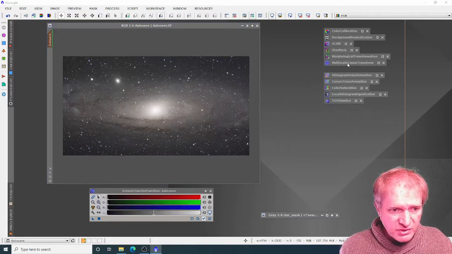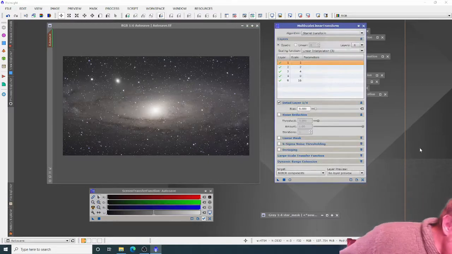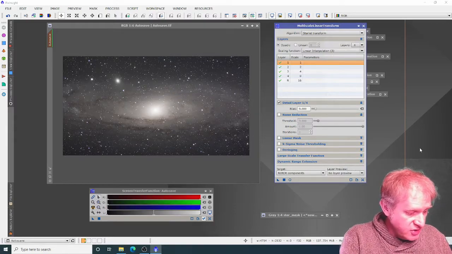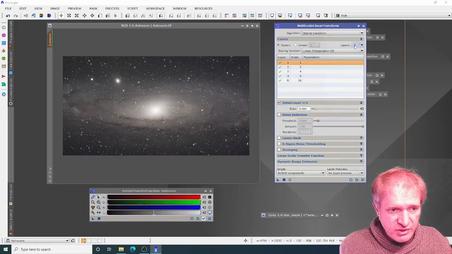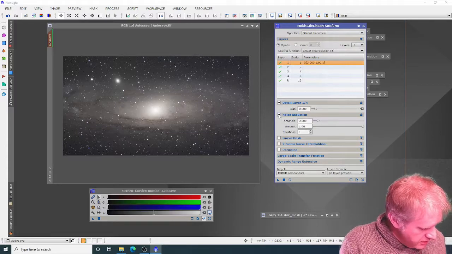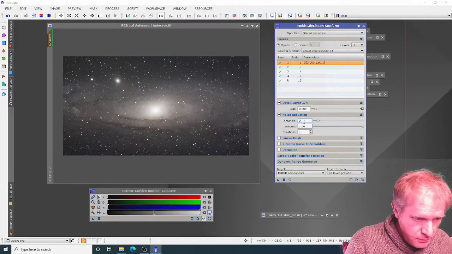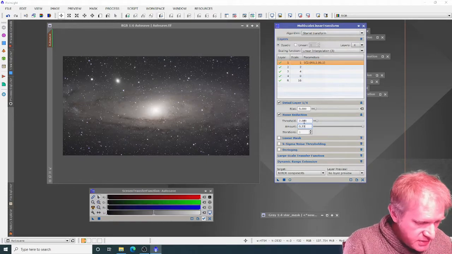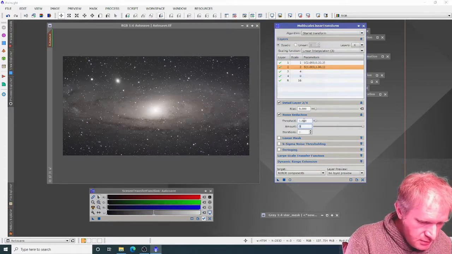Now I'm going to use multiscale linear transform, which is basically a form of noise reduction. And I have here a book which I write down a load of values in, and I'm literally just going to put these values into the noise reduction column here. So I'm going to go 4 layers, and then in the noise reduction here, the first one is 2.33, and I want that 3 times. And then the next one, 1.5